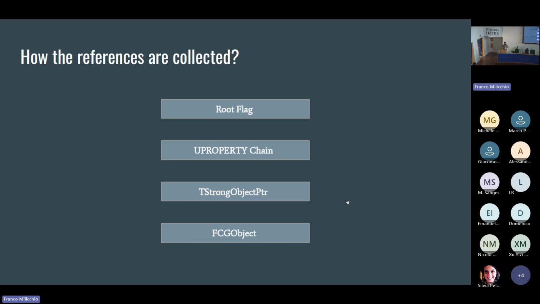And the last method is the FGCObject, which is basically an abstract class in C++ or an interface. Basically, there is a virtual method that you can override, and you can specify a collection of objects that you would like that object to retain. Once that object is destroyed, all the objects that you specify in that method will be eventually purged. Of course, for the last two methods, you will have to take care of the memory by yourself of the owner object.